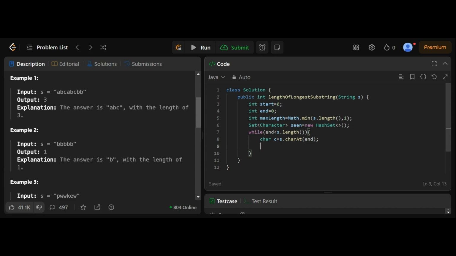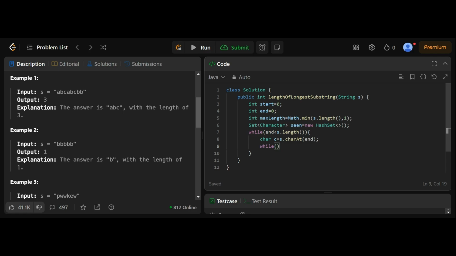And when this particular character c is already present in this seen hash set, then what should I do? Initially, we will not have that, but after the first iteration, we may. What does it mean?